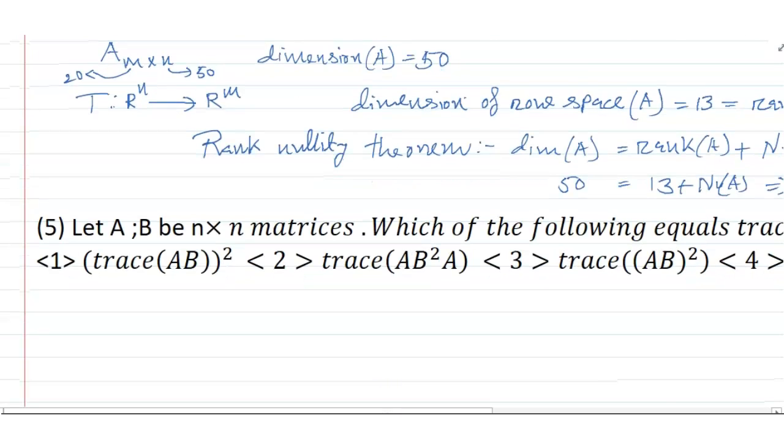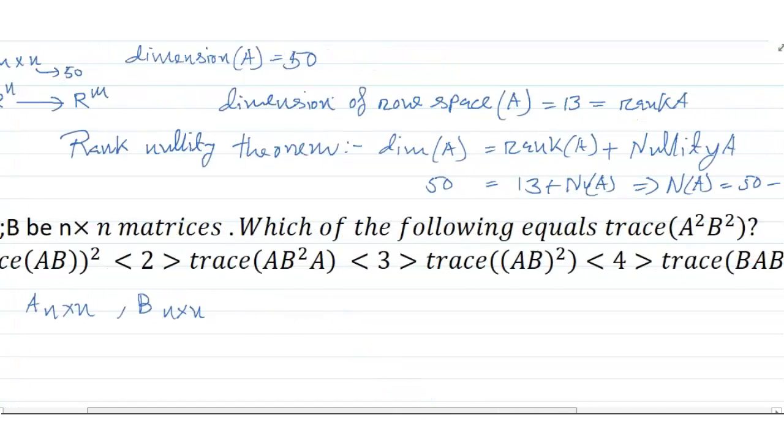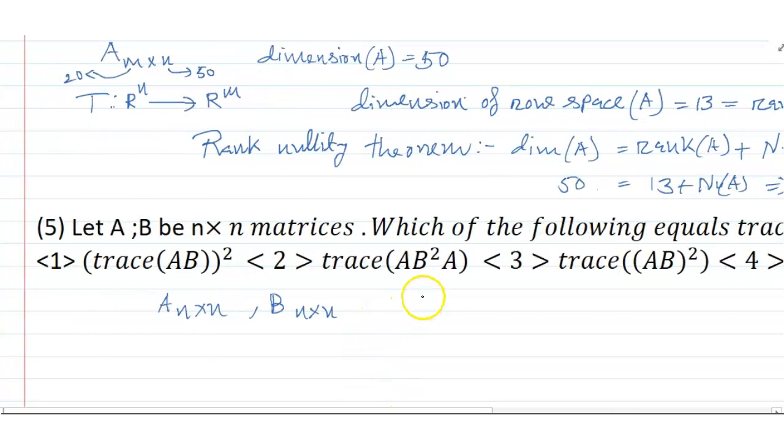Now we will solve another problem. Problem number 5 is very easy. A and B are n cross n matrices, and I have to find the trace of A square into B square. Now the rules of that: trace of A plus trace of B